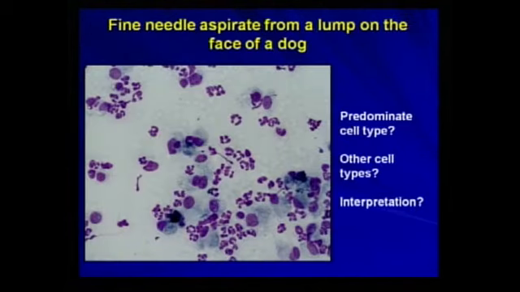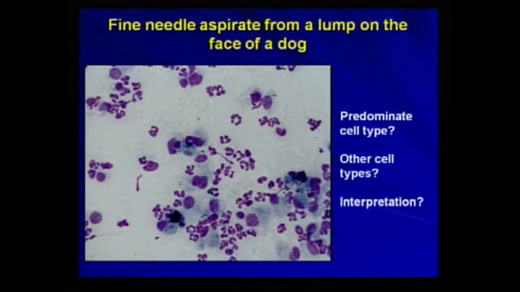We're looking at an aspirate from the face of a dog. First question, are there neutrophils? Yes. Are they the predominant cell type? Well, I'd say maybe it's 50-50. There certainly are a lot of them. They are a predominant cell type. So this is an inflammatory lesion. And then if we look at the other cell types, they seem to be large macrophages. Okay? The small nuclei, nucleoli, vacuoles. So our interpretation here would be